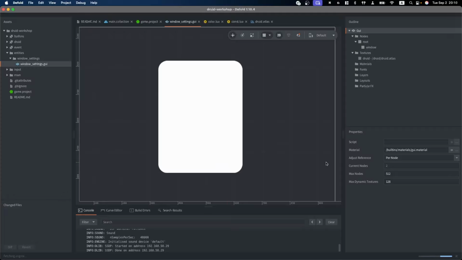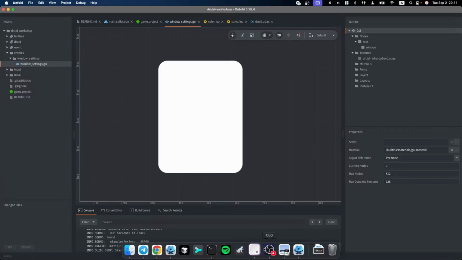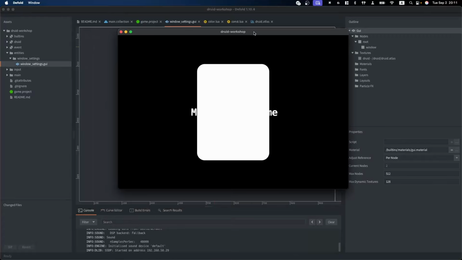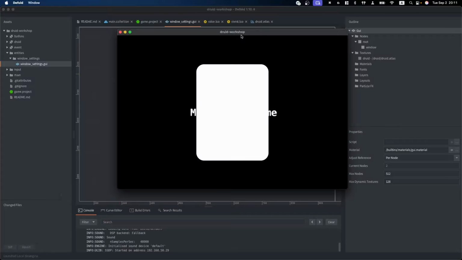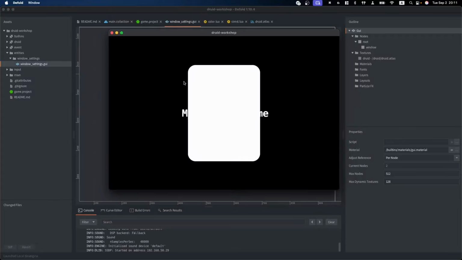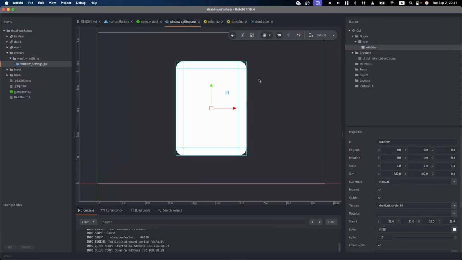We can press Command B now. We see it's fetching the engine. This build will take a little bit more time than usual because we have new dependencies. And if dependencies use native code, it will create a new engine for you. Oh, it's already created. Each next build will run instantly. It's almost nothing to update. We see our window here. Nice. So let's continue to make our window.